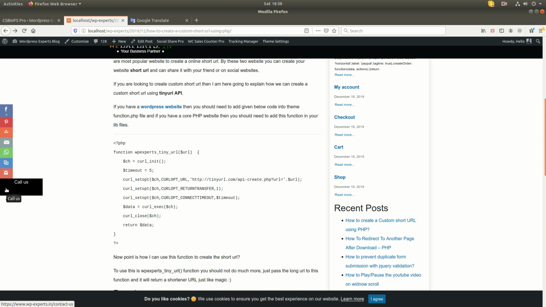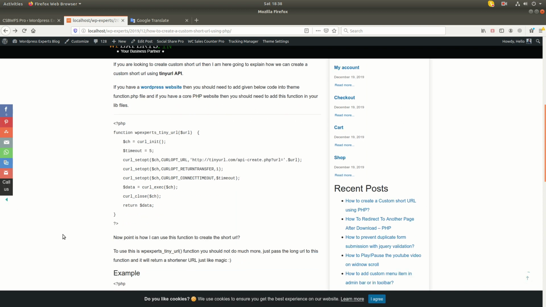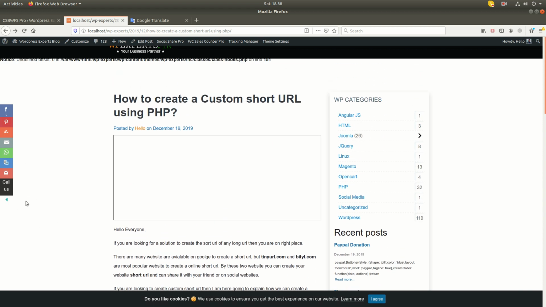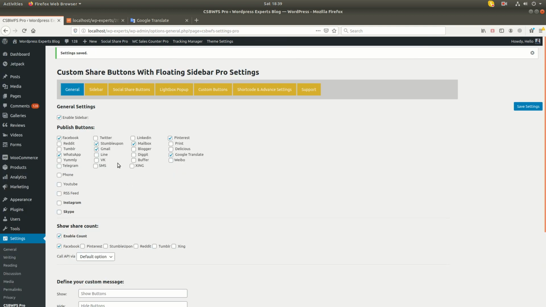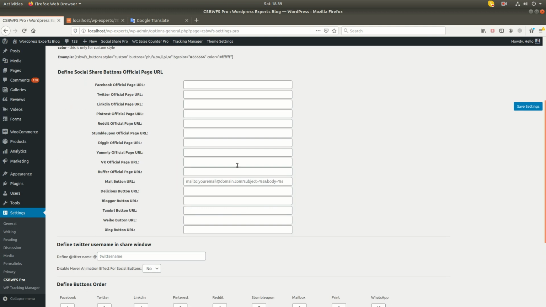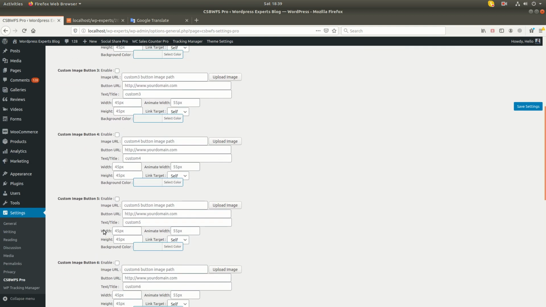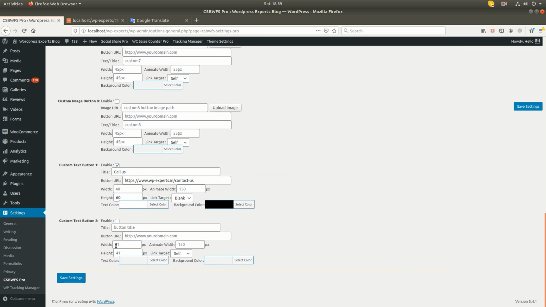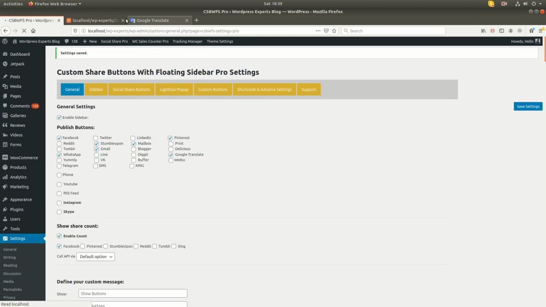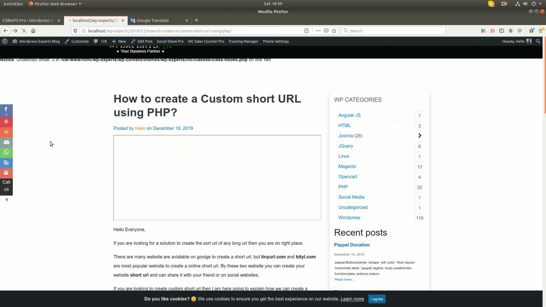So as per your requirement you can use these text buttons. You can define the animation and the width. I am going to define the width short, 60.